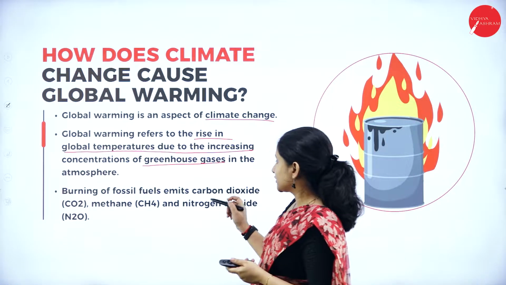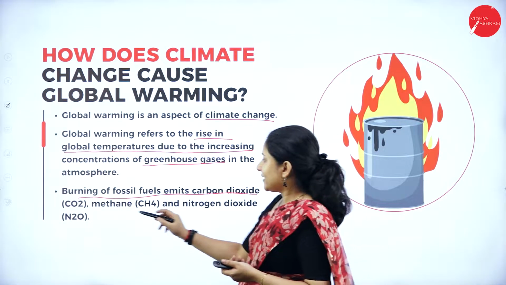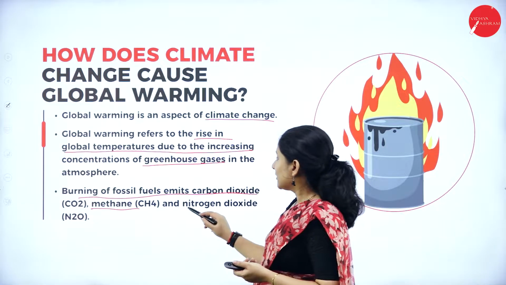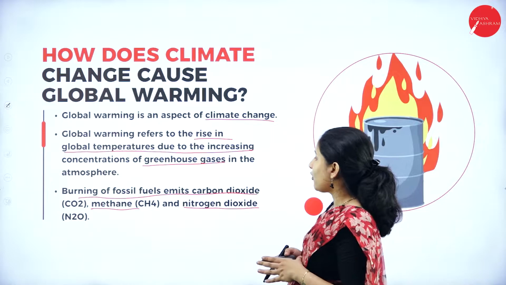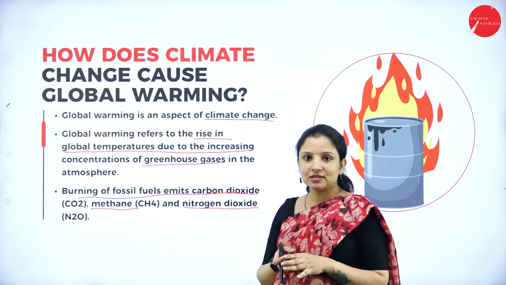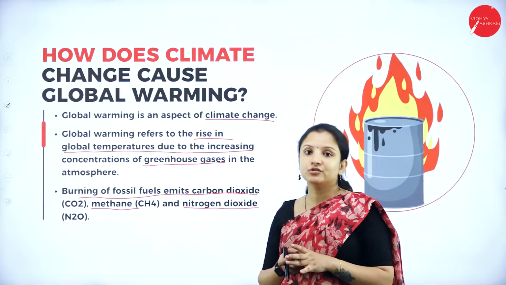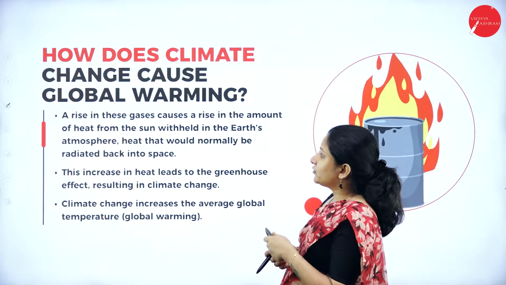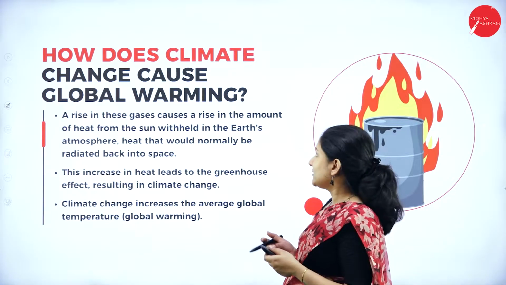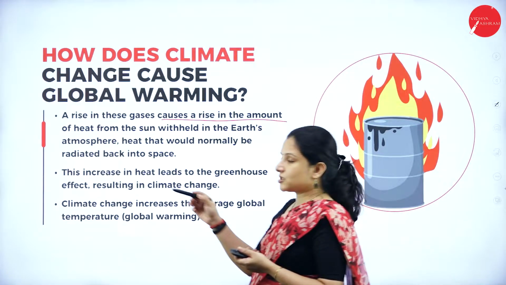Burning fossil fuels emits carbon dioxide, methane, and nitrogen dioxide, and these three are the important greenhouse gases which bring about the heating up of the earth, the greenhouse effect, leading to global warming. A rise in these greenhouse gases causes a rise in the amount of heat that is